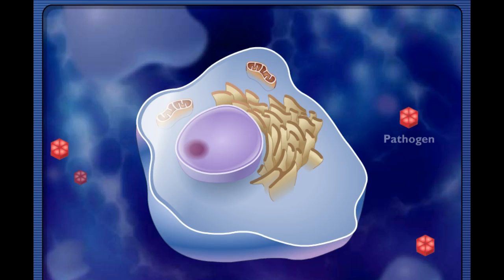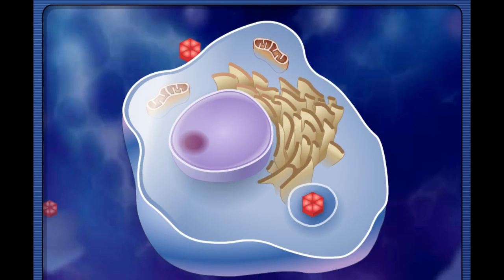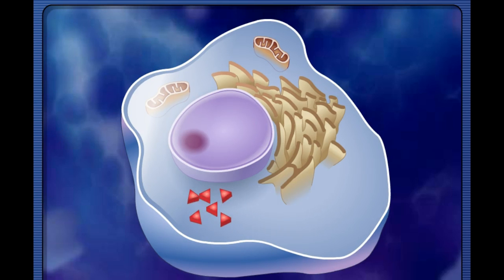So basically here is a cell, and you can see here that these little things around here are pathogens. These pathogens could be viruses or whatever, it doesn't really matter what they are, but they get into the cell, and clearly from this point the cell to some degree is able to destroy parts of these. I'm sure the rest of them are probably wreaking havoc on the cell, but what the cell is going to